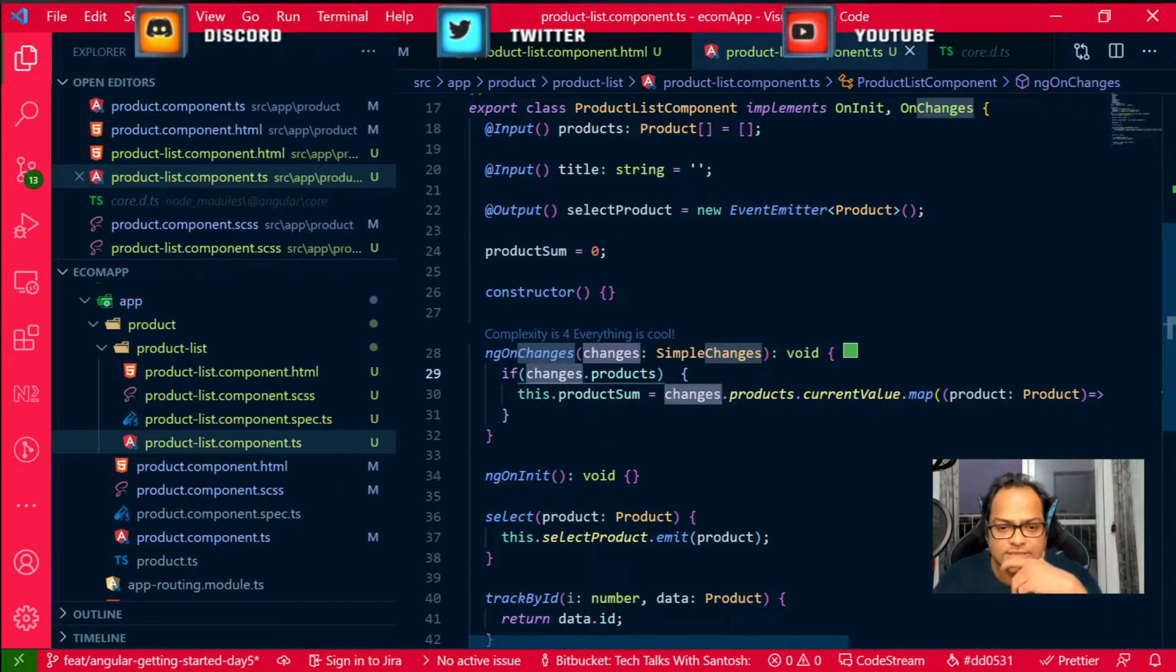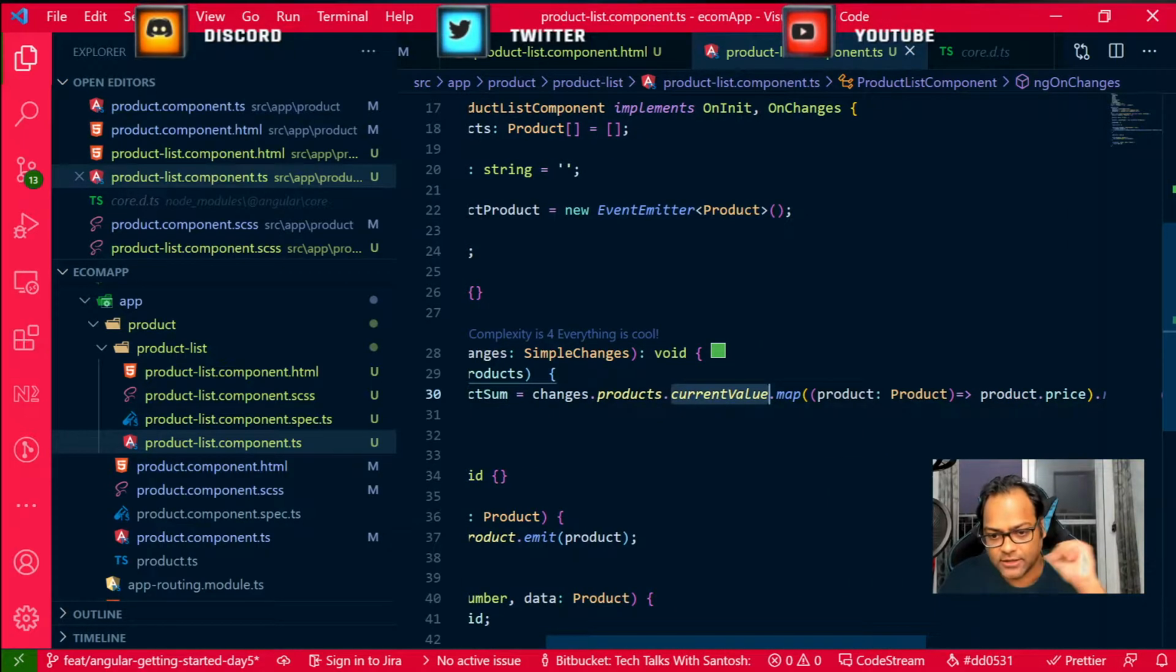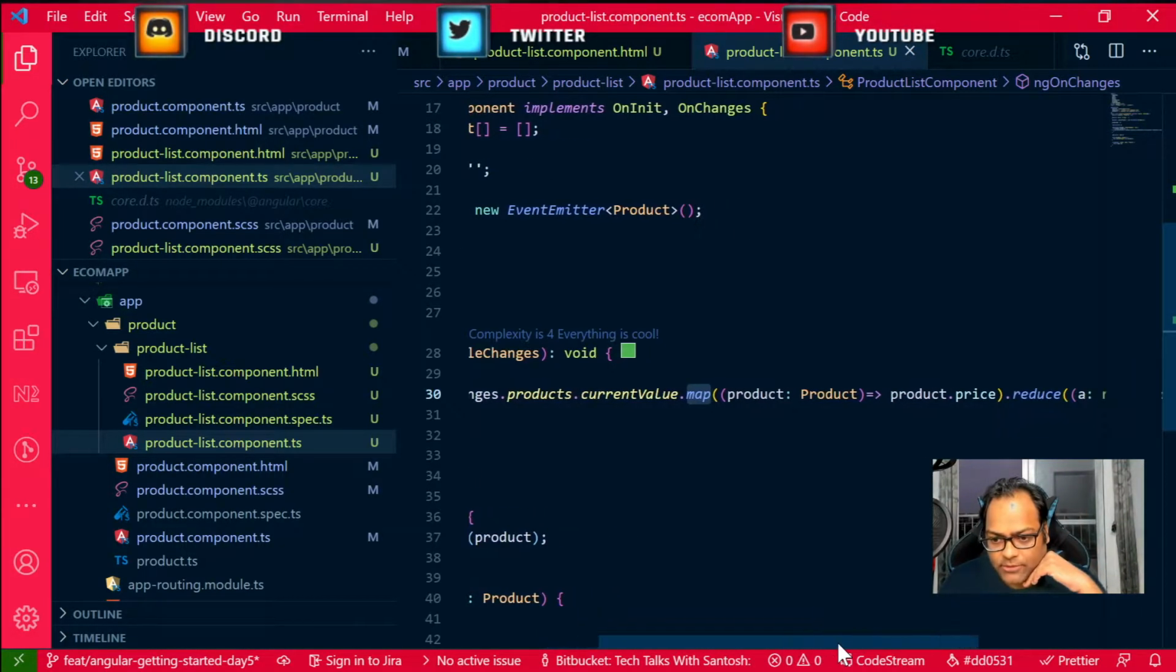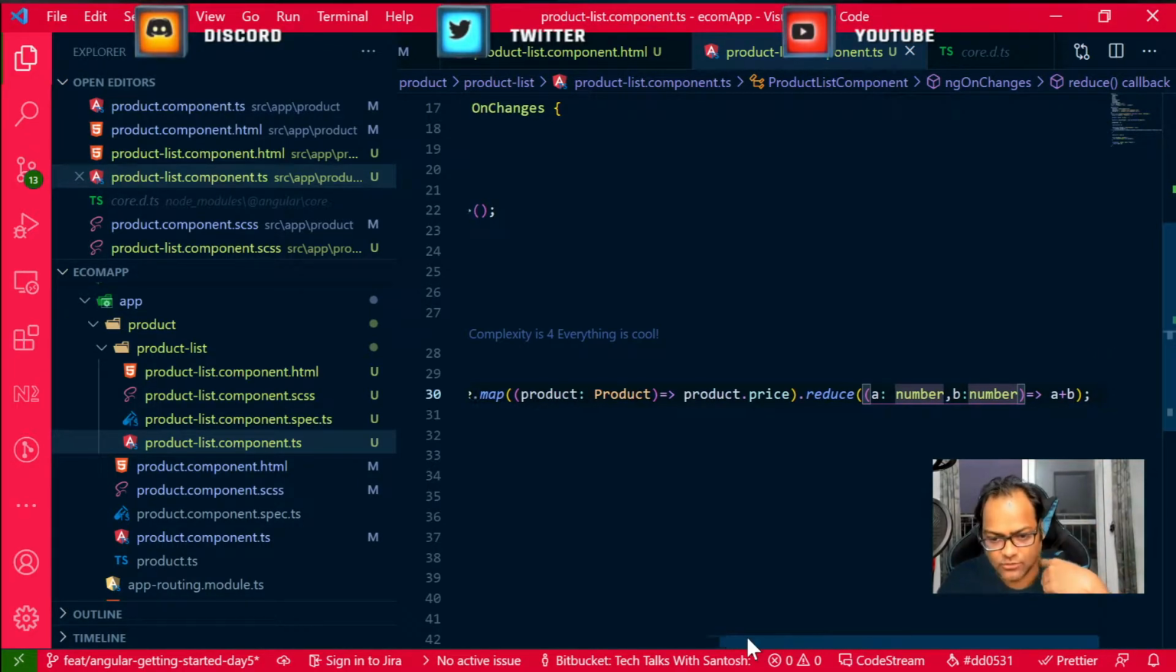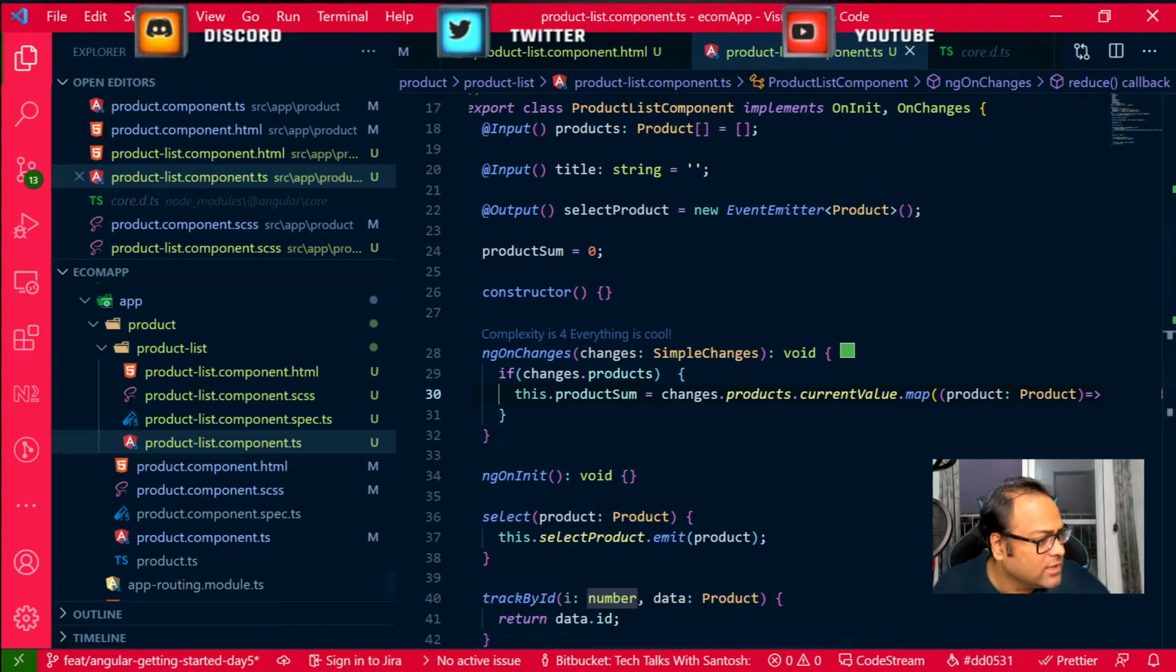So what we are doing here is, whenever there is a change on product's property, go ahead and recalculate the product sum, which takes products.currentValue. As we know that current value is an array, we are doing a map. We are taking the product.price, and then for the entire row, we are calling the reduce method, passing previous price plus current price, and then we are just adding both. I know this is a lot of code to write in a single line, but